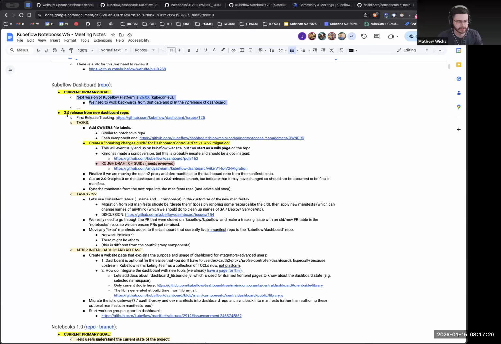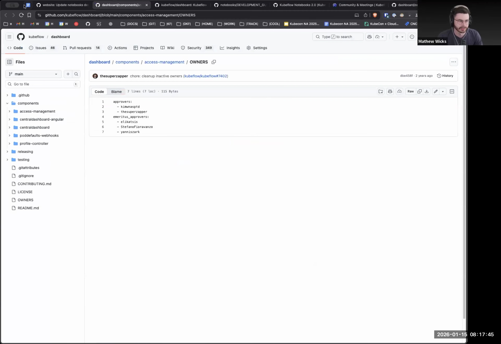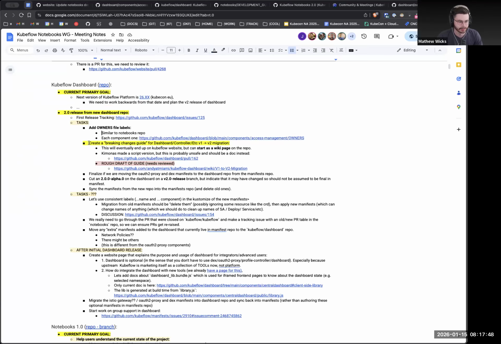So we need to have a version that's available from the new repo before the new KubeCon EU version gets cut. That's a minimum, right? Obviously, anything else is a bonus. So I guess what else do we need to have done to get to that point? I think we had... I don't know if we added... Have we added owners labels already? No, we haven't for the sections. We should do this. This is a good idea, I think. It helps making PRs. That's a very basic one.